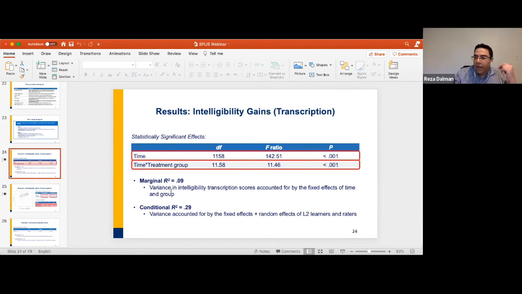But I've published another paper that showed even those who receive a complete score on the TOEFL iBT test vary in their comprehensibility and intelligibility. So the findings of this research show that maybe even those who receive a high score in the proficiency test of the TOEFL iBT or other proficiency tests might not all be perceived to be equally comprehensible and intelligible. But yeah, getting back to your question, I did this because it was the only data that students had at the time of participating in this research.